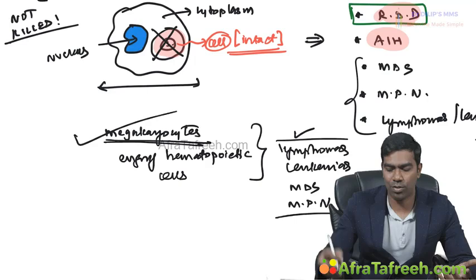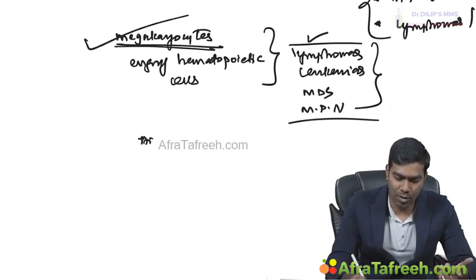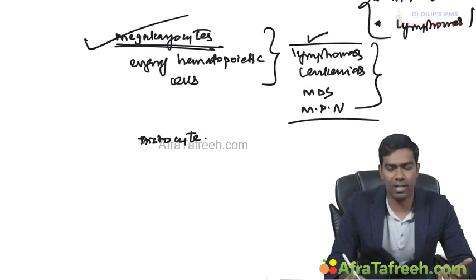The engulfing cell is the megakaryocyte, and the engulfed cell can be any other surrounding cell. So this happens in these conditions. But if a histiocyte is the engulfing cell,